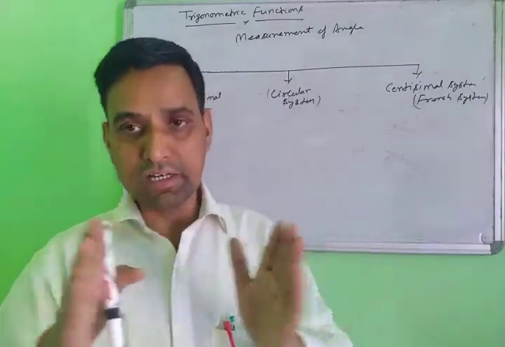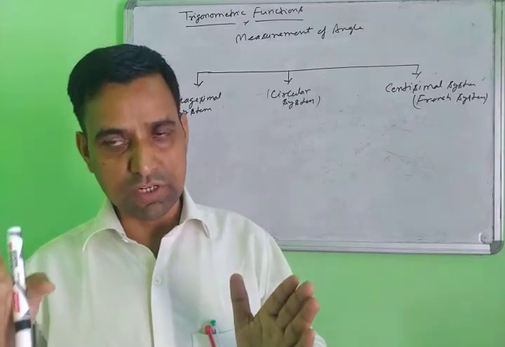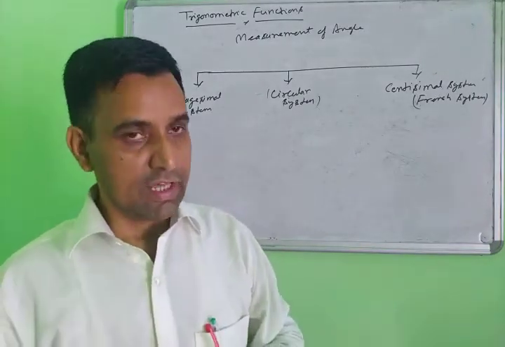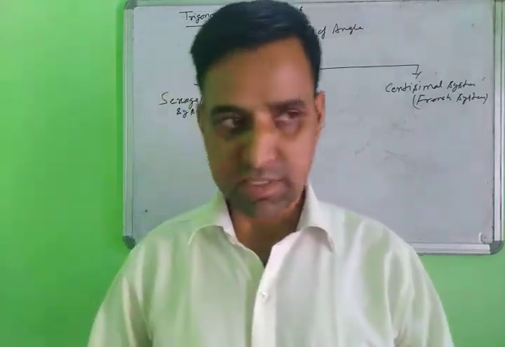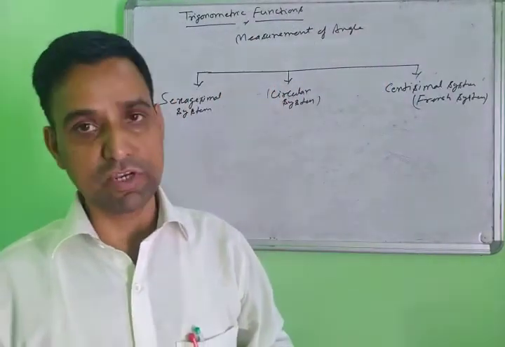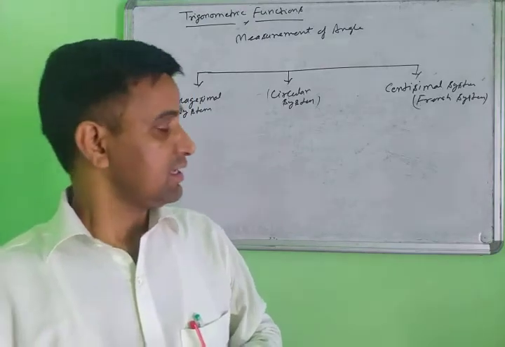Trigonometric angle tables: what is the value of sine 30, 45, 60, 90 and so on. You should know the value of every trigonometric ratio. Suppose you do not know, then learn this table. This is a very important table. Second point here,